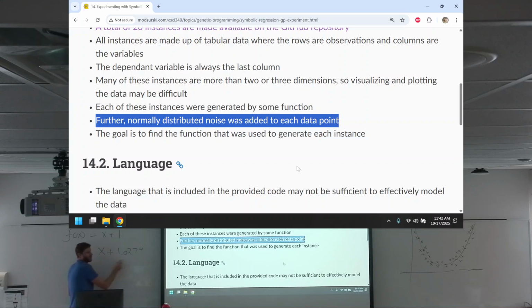Maybe you get something that looks like this, right? Because maybe this actually fit the data better after the noise was added. Do you see my point now? This might be the real function, but there was noise, and maybe this fits the data with the noise better than this. Okay? That's my point. But